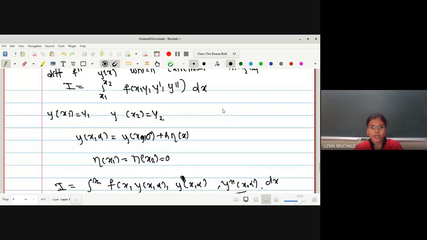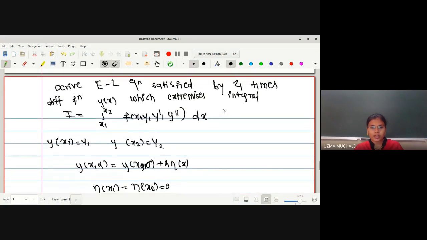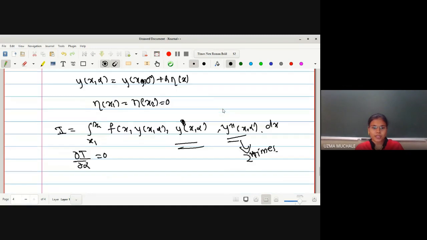Those who want to write down can write down. If you are going to solve, you may take help from these conditions. Okay, x, y, y dash, y double dash, and what is the equation? We have to solve this equation. Try to solve, and you have to tell me what will be the final Euler-Lagrange's equation. As I gave you a hint, you have to use integration by parts 2 times for the one term which we are going to solve.